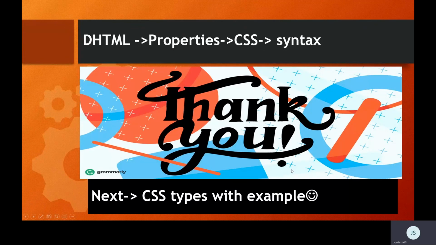So that's all we have learned. We learned what DHTML is and what the properties of DHTML are, four properties, don't forget: CSS, event handling, script application and DOM. We also learned what CSS is and what the syntax of CSS is. Then in the next sessions we will see the types of